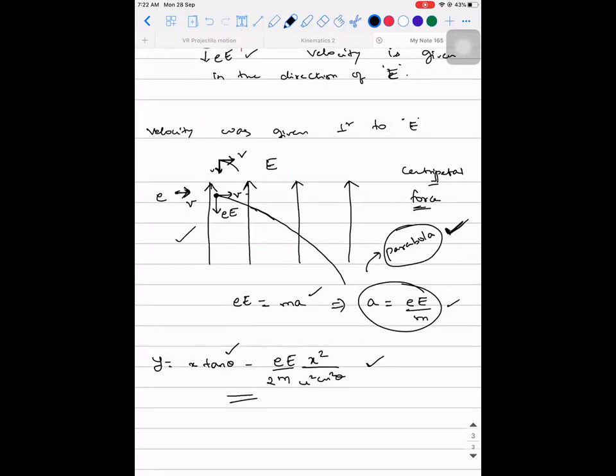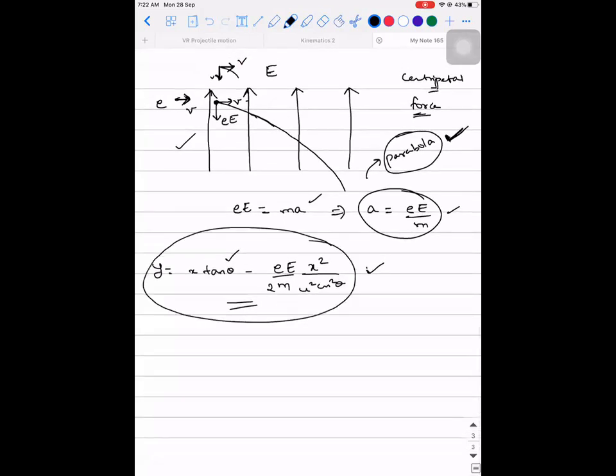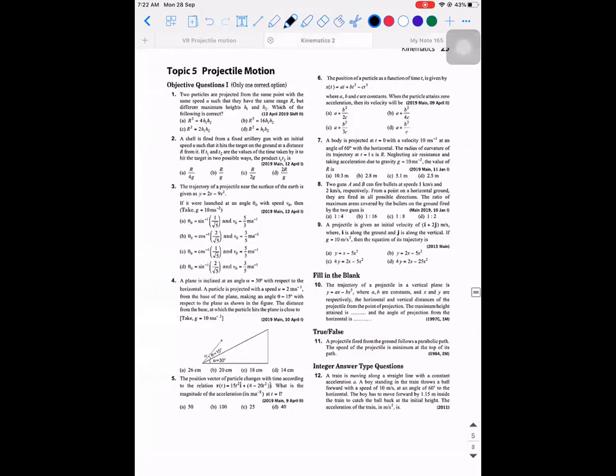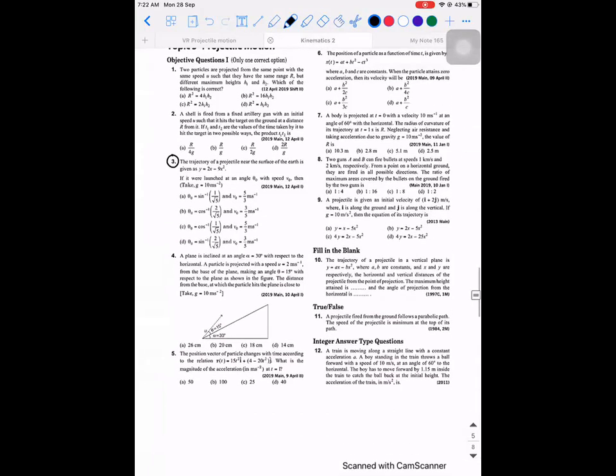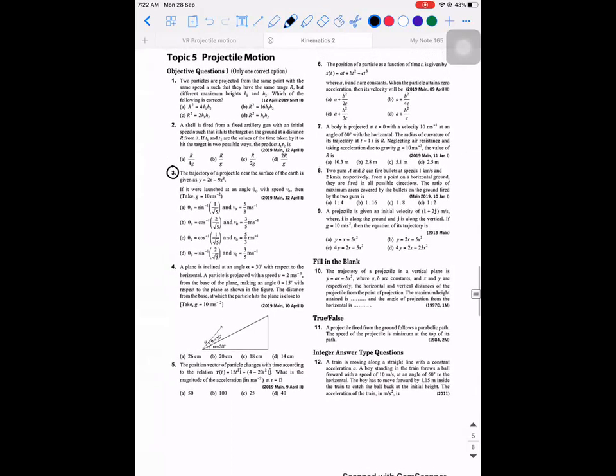Okay. So, this is all about the basics of equations of projectile. With the hope that it is clear, we will solve a few problems. I hope it is clear. Now listen. There is a third problem which is based on projectile motion. These are all simple problems. Let's try them out.